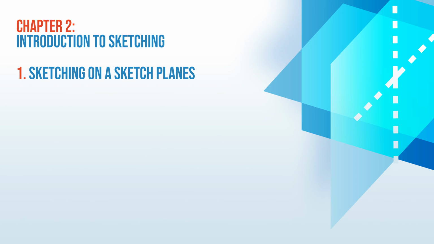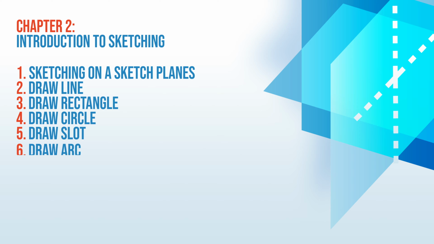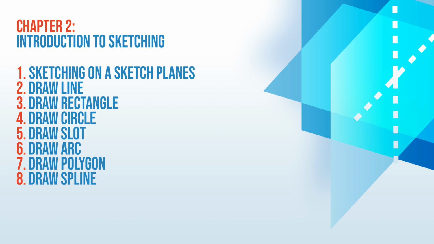Hello, and welcome to section 2, where we talk about sketch introduction. This section is designed to teach you how to create sketch in SolidWorks, and it is broken down into 3 categories. First, we will learn how to start a sketch on a sketch plane. Then we will learn how to create various objects such as line, rectangles, circles, slots, arc, polygon, spline, and ellipse